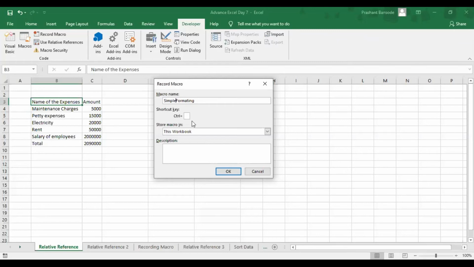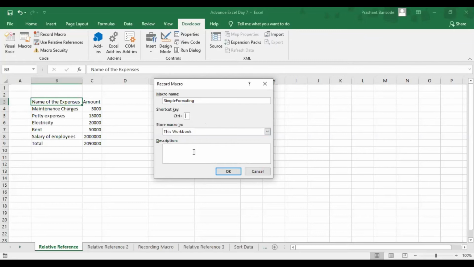Are we clear? Then we can either give a shortcut key if you want. It's not mandatory. It's absolutely at your discretion. If you do not want any shortcut key to be applied, it's completely fine. Or else, in case I just want to run the macro using shortcut keys, I'll just have to press a key like Control Shift, whatever the case may be, but don't use something like Control V, because those functions are already inbuilt in Excel.